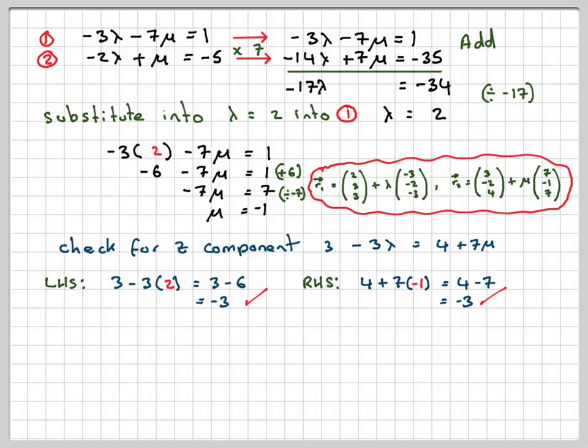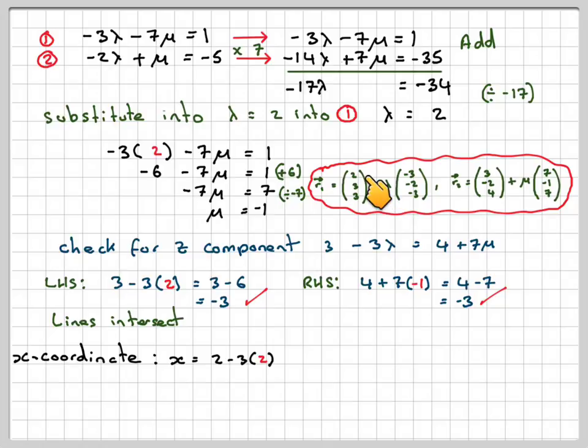Although we were told that in the question, we've actually shown it as well. They're consistent. So we also know that the z coordinate where they intersect is minus 3. To find the x coordinate, we just take lambda is 2 and put it into